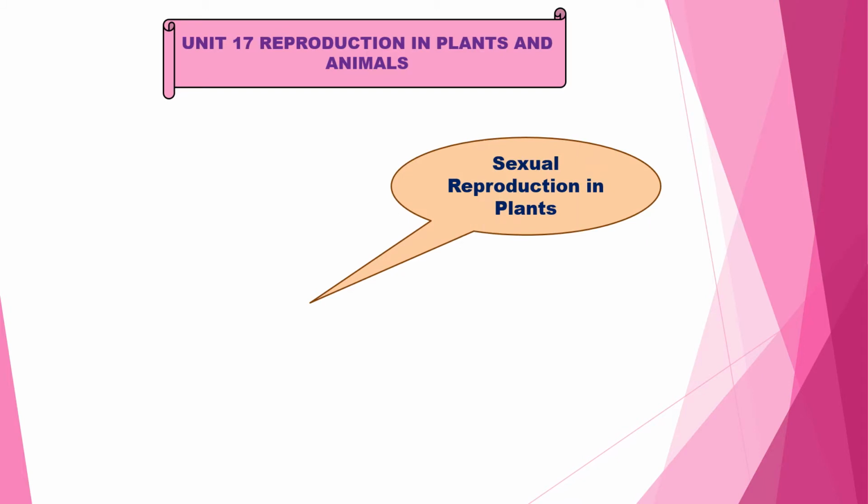Sexual reproduction is the process in which two gametes, that means male and female gametes, sperm and eggs, fuse to produce their own young ones. It is called sexual reproduction. In such cases, both sexes, that is male and female sex organs, are needed to produce the egg cells and sperms, that are gametes. About these gametes, you already studied in 9th standard.